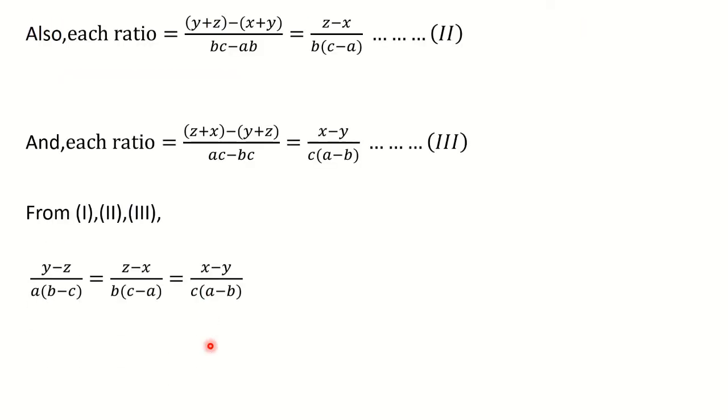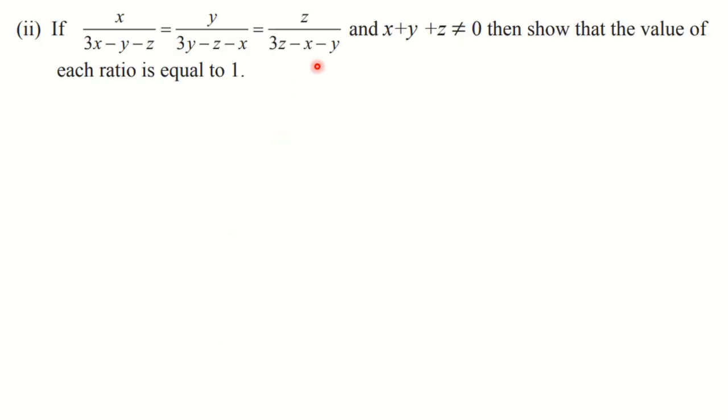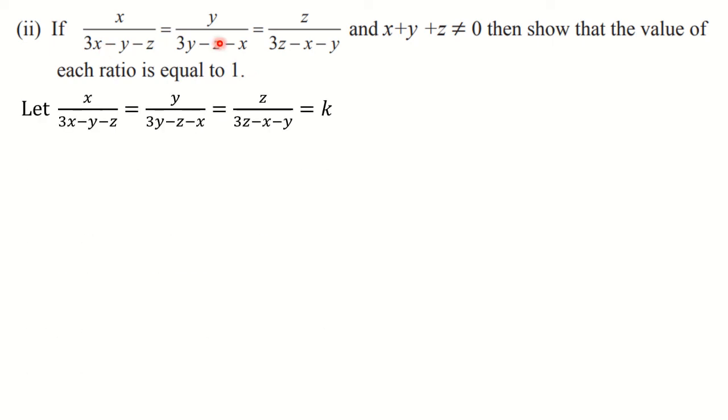Okay. So in this way you are going to solve the remaining sums. Like here also, see. This is the easiest one. Here the 3 ratios are given and a condition is given that x plus y plus z is not equal to 0. And the value of each ratio is given to you, that we have to find out. So in the previous one the ratios were given, so we have done the necessary changes. But here directly we have to find it. So to start with, take the given ratios as equal to k.